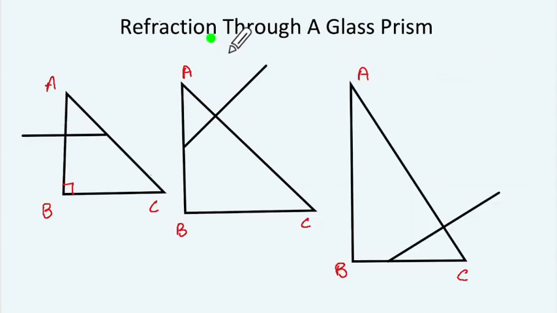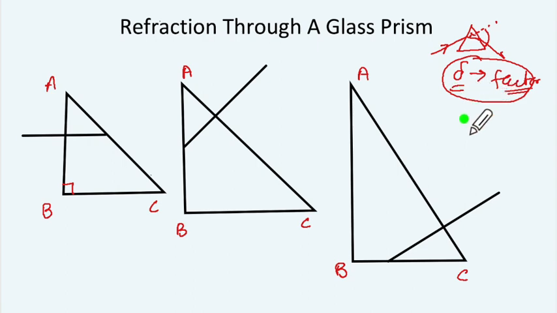Okay. When it comes to refraction through a glass prism, you will have the basic diagram like this of the prism, and when we have a monochromatic ray of light, you know that it is going to deviate this way and deviate this way, and then this will be the angle of deviation. Again, angle of deviation delta. What is minimum angle of deviation? What are the factors? If you know that well, you'll be able to answer the MCQs based on that.